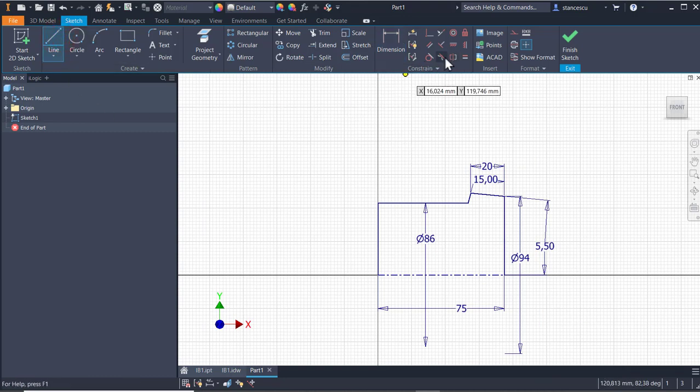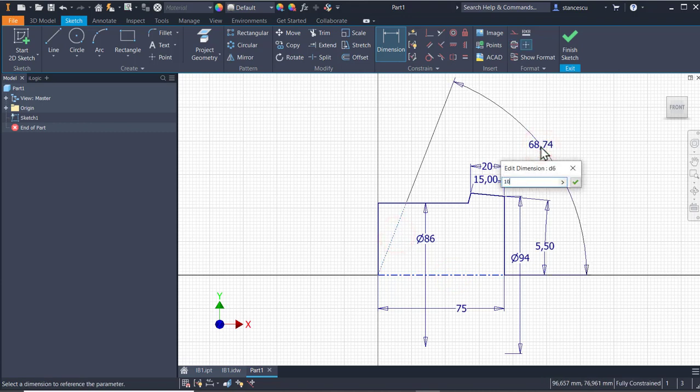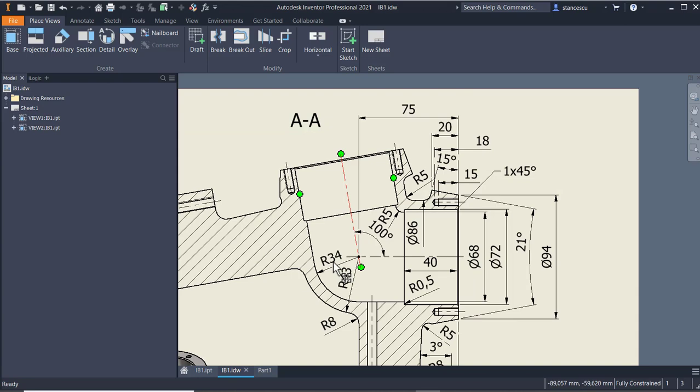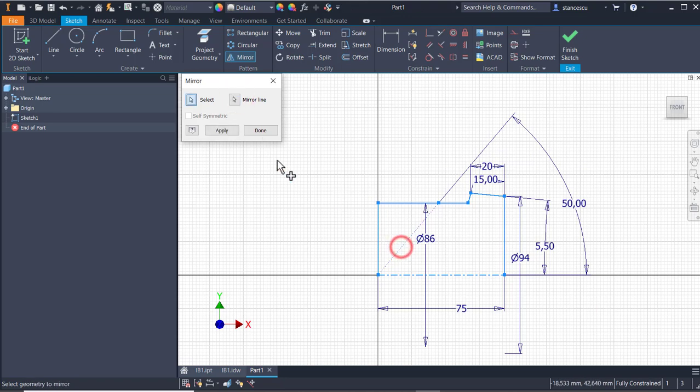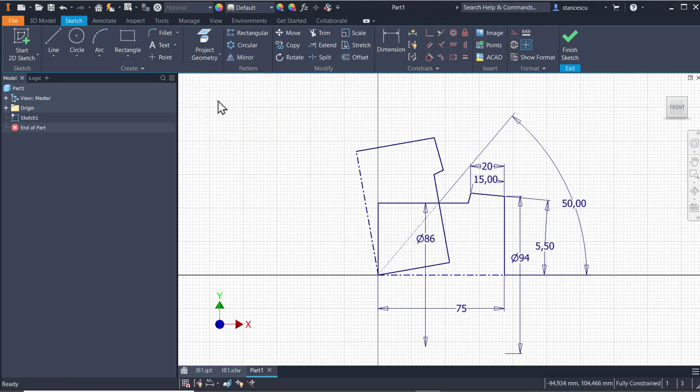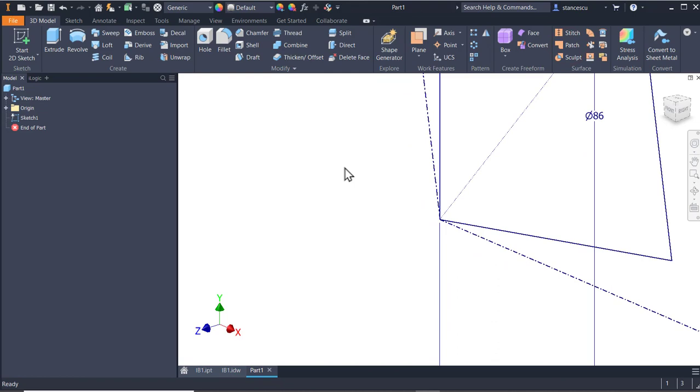Now is very interesting. Be careful. I draw a simple line here. I make it construction line. I apply an angle of 100 divided by 2. You see, this angle is 100. I want to create the bisector line to use it for applying mirror. What mirror? Everything. About what line? About one of the selected line, no problem. Apply. Done. Now, finish sketch, F6, revolve